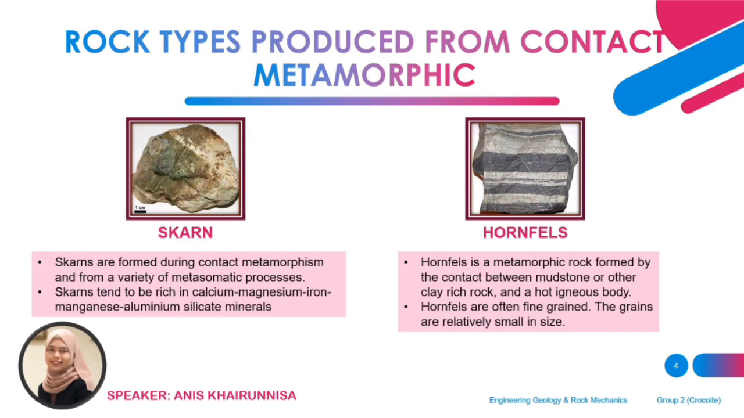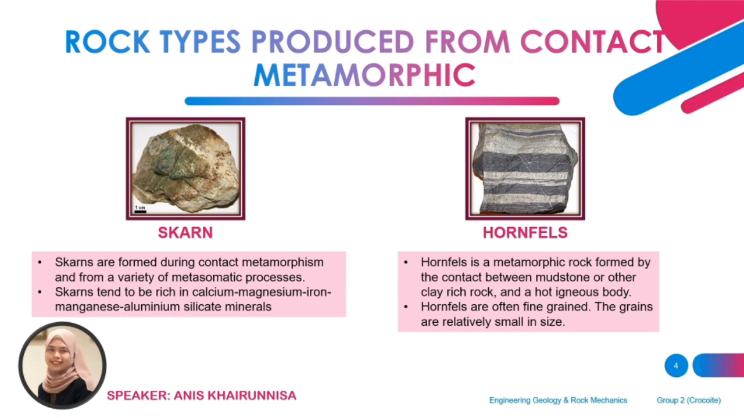Rock types produced from contact metamorphism. First is skarn and the second is hornfels. Skarns are formed during the contact metamorphism and from a variety of metasomatic processes. Skarns tend to be rich in calcium, magnesium, iron, manganese, aluminium silicate minerals, which are also referred to as calcium